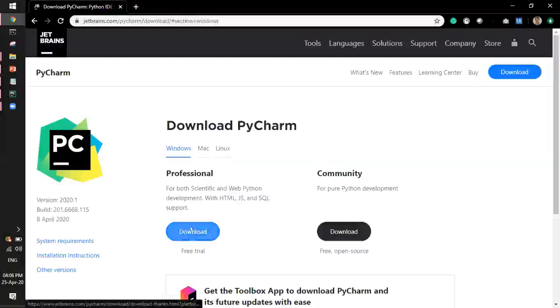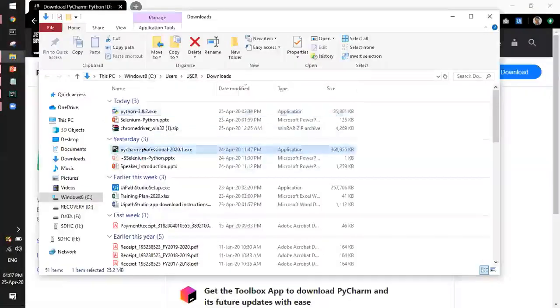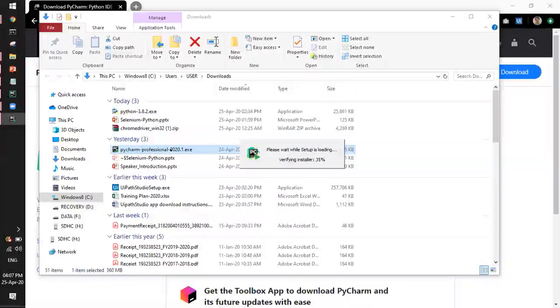Again, I am not going to download because I already have this .exe downloaded for this demo purpose. I just wanted to inform you that this IDE is on the heavier side. It's around 350 MB, so have a check on your internet usage as well. So once we have this .exe on our machines, again, I'm not going through the complete installation process because I already have this installed on my machine.